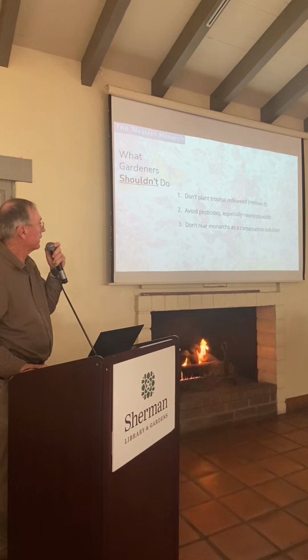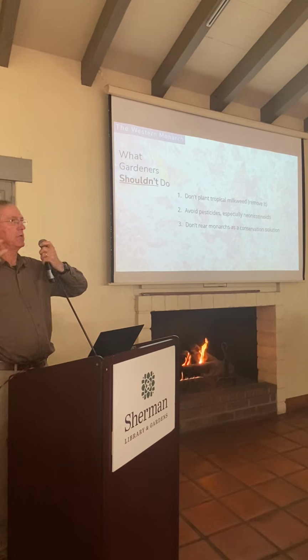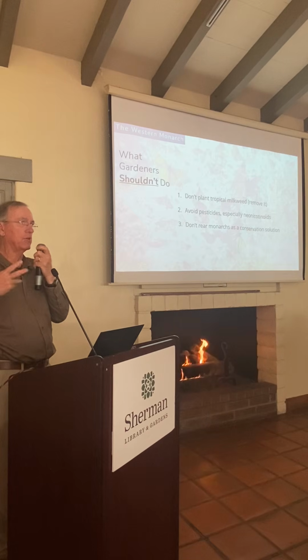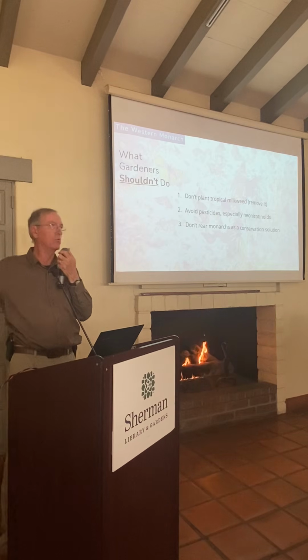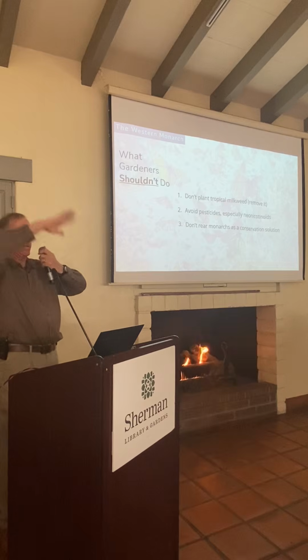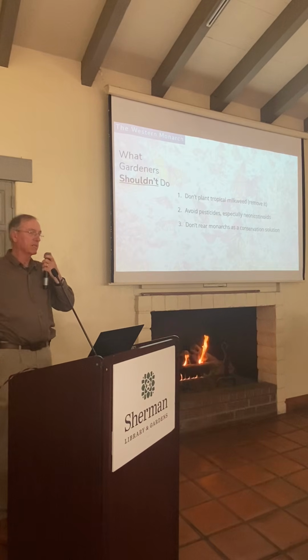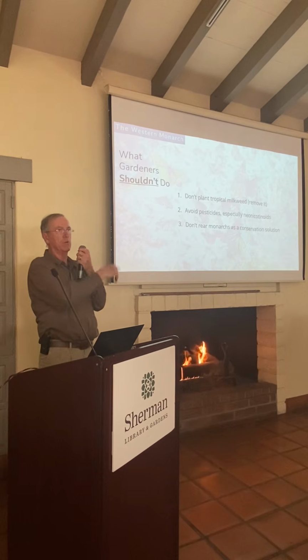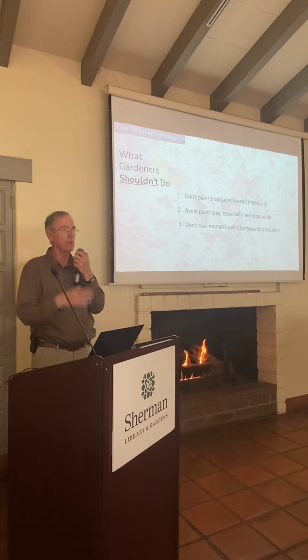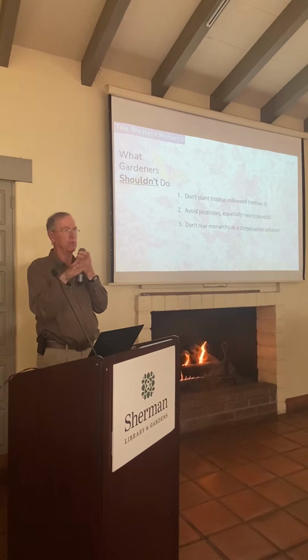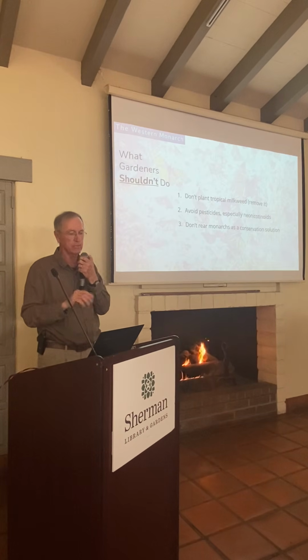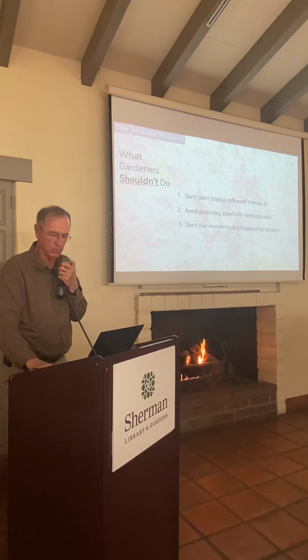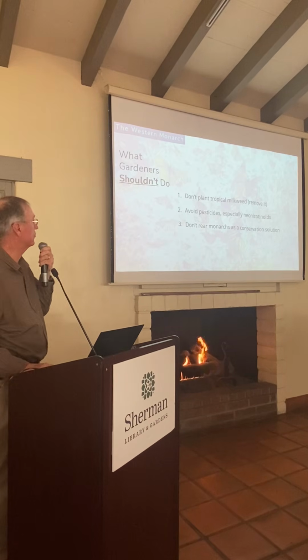And don't rear hundreds and hundreds of monarchs thinking that you're helping the problem. You're probably not. It's another feel-good. Having an extra bedroom with lights and cages and your monarch cave. Yeah, there are people doing that, and then taking them out and releasing them, and saying they're saving the world. There's no science to that. There are some issues in doing that. It's not necessarily a good thing. So there are better ways that you can help monarch conservation.